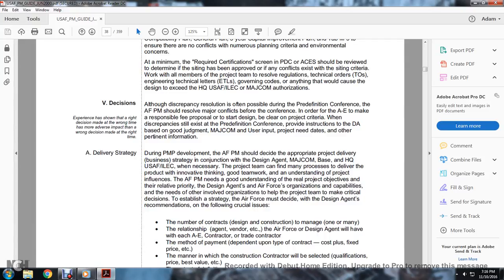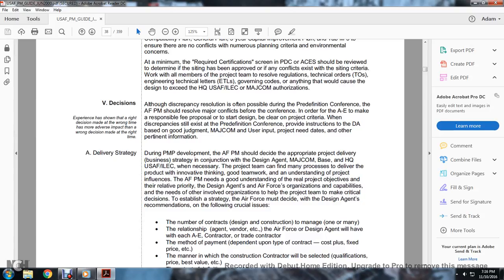Decision experience has shown that the right decision made at the wrong time has more adverse impact than a wrong decision made at the right time. Although discrepancy resolution is often possible during the pre-definition conference, the Air Force program manager resolved the major conflicts between the conferences in order for the A&E to make the responsible fee proposal and start the design clear on